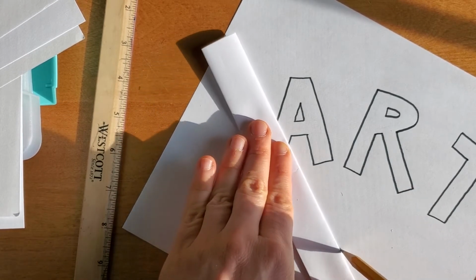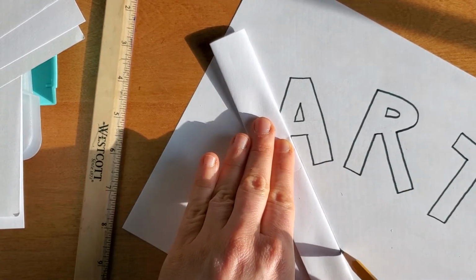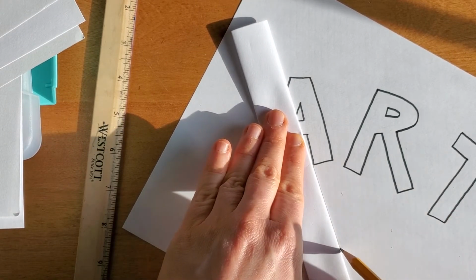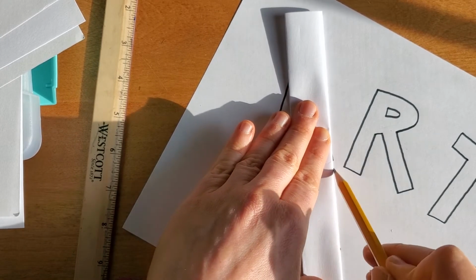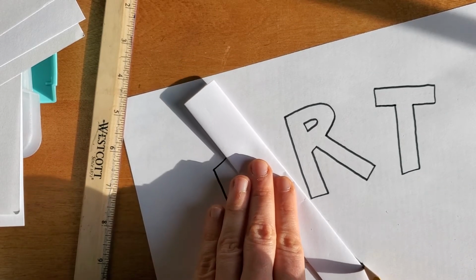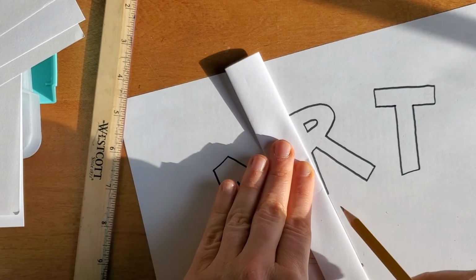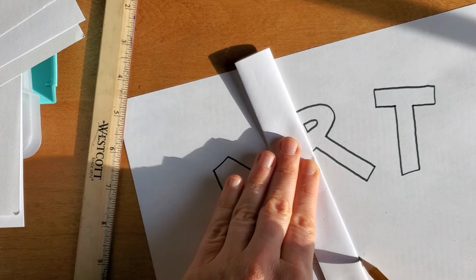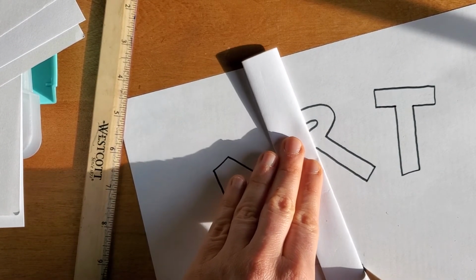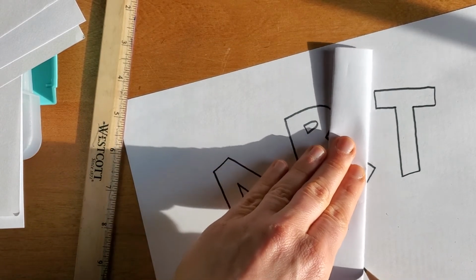Now, here's a fun fact about A's. Do you see that corner there? Yeah, we can totally make a line that goes from there to there. And then we're going to keep going. And oh, there's a corner. Keep going. There's a corner. I'll turn my paper a little. I'm going to turn and trace. Swivel and trace. Swivel. Actually, I can't really see from this angle. Is that right? Yeah, that's right. I'm going to the inside of the R. So you kind of want to hit every angle that you can